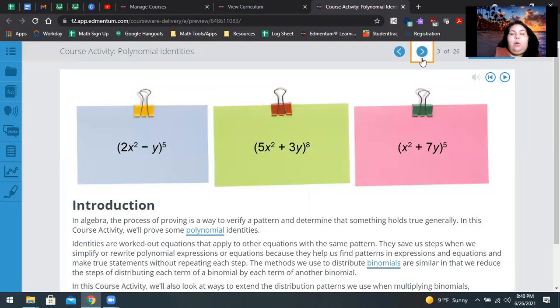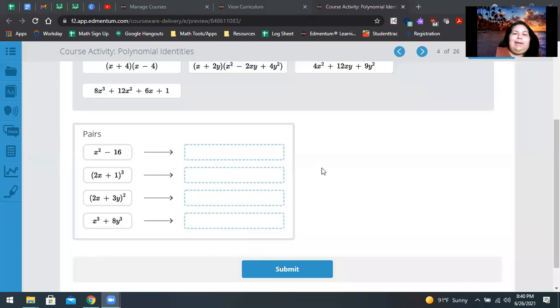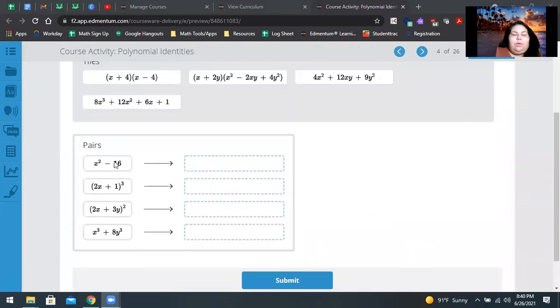We are going to start with a quick warm-up on slide 4, which is just to match up. Yes, it is. You're going to drag the tiles that correspond to its equivalent form. They did give you at the very top the expanded form, and you're going to drag along the ones that are more simplified. For this one, you can apply the banana method, in other words FOIL or the distribution method, to find your equivalent format. Same thing with this one. You want to distribute. And then for the other two,